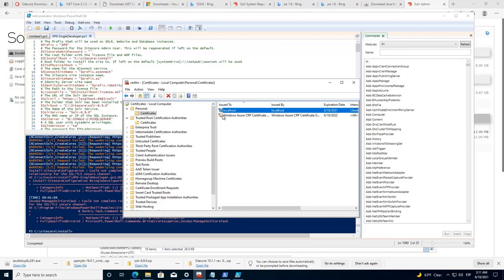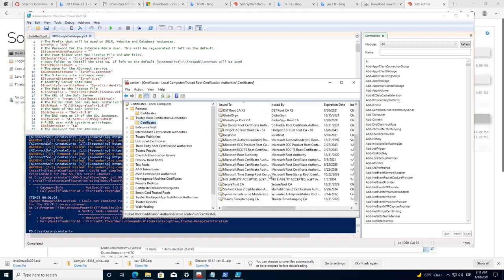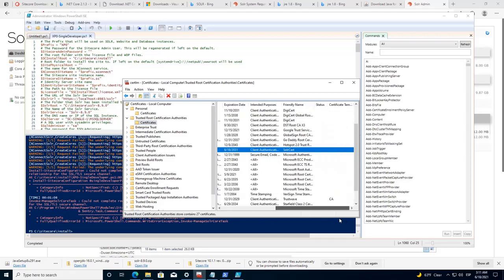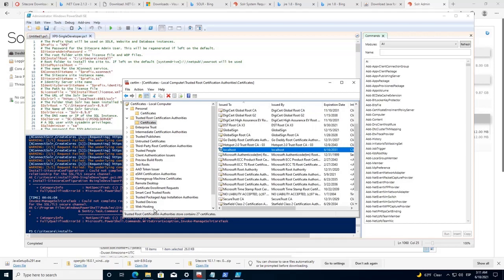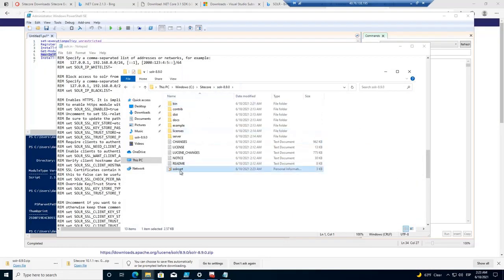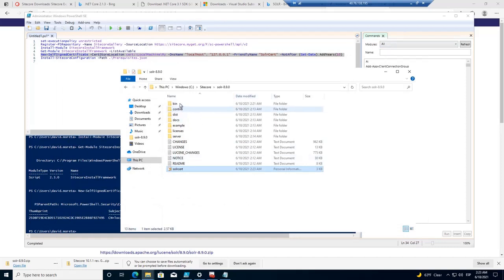The next thing we will do is to copy our certificate into the Trusted Root Certification Authorities folder so it can be used without any warning inside the machine. So we can verify that our certificate is already in this folder. Okay, so once we have our certificate generated and exported, we are going to navigate to this bin folder inside